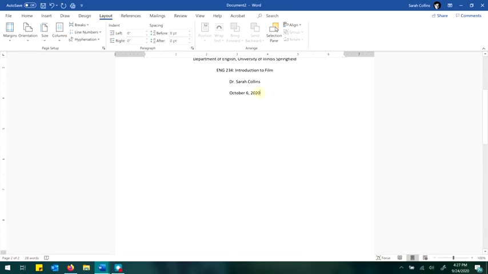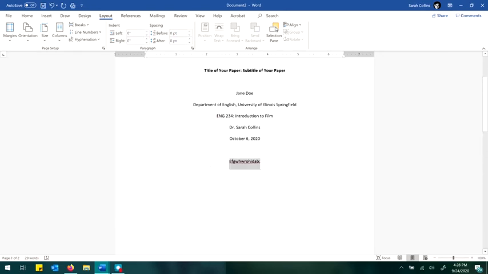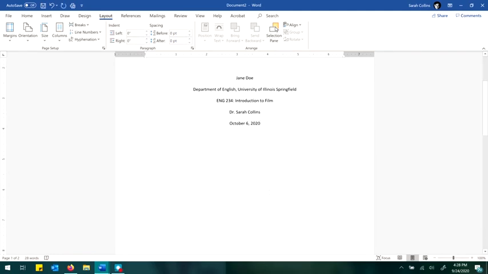If I end up typing anything after this, I can add it in here, and it won't affect where your cursor is on the next page. So that's a handy thing, especially if you want to add your references page early. You don't then have to worry about whether it's at the top of the page after the end of your paper. It will always live at the top of the next page. So if you see here, I put first page. I can then hit enter and go back to breaks, do a page break, and then put my references. It's a handy tool.